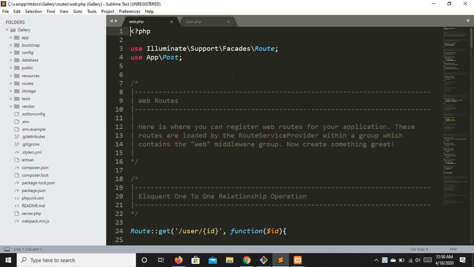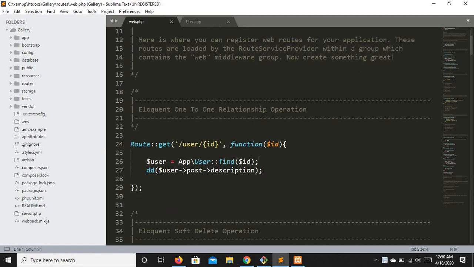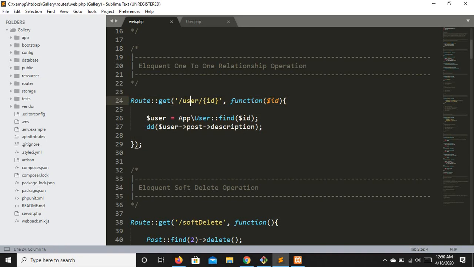Then what we did was first find the specific user right here, and then on that specific user we called a custom method to get that specific user's related post. That's it. So the inverse of this relationship would be first finding the post and then implementing a custom user method to find that specific post's related user.